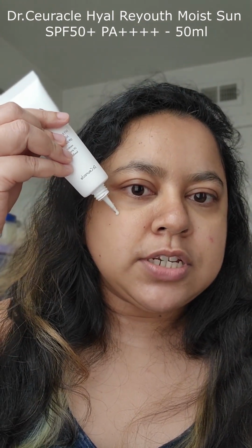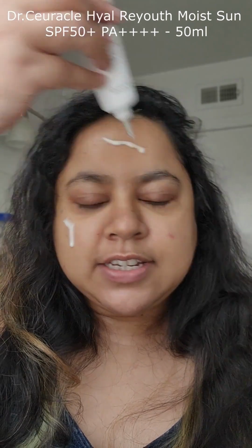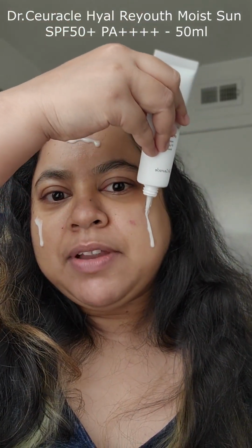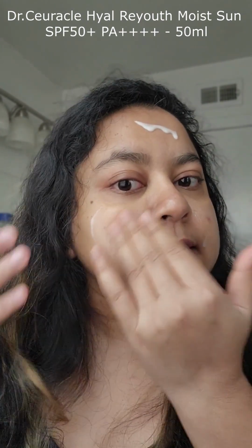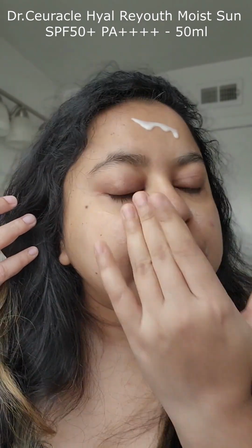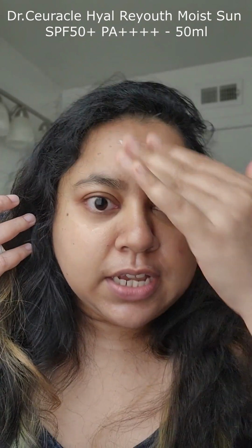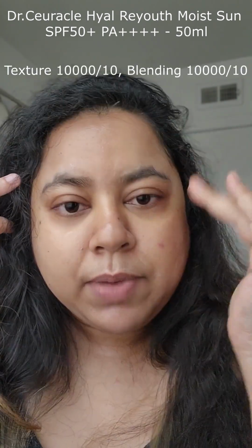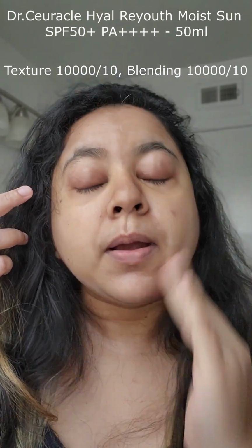Let's put the sunscreen. It's a very watery texture and I really like this tube. I have heard a lot about this sunscreen. People love it very much because of its texture and how easily it blends. Oh my god, yeah, it does. Okay,